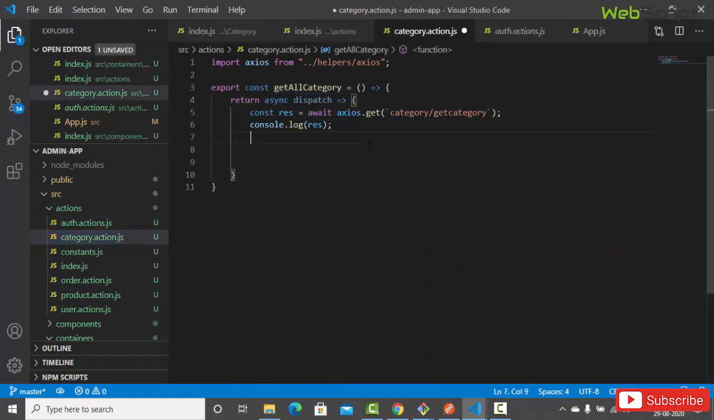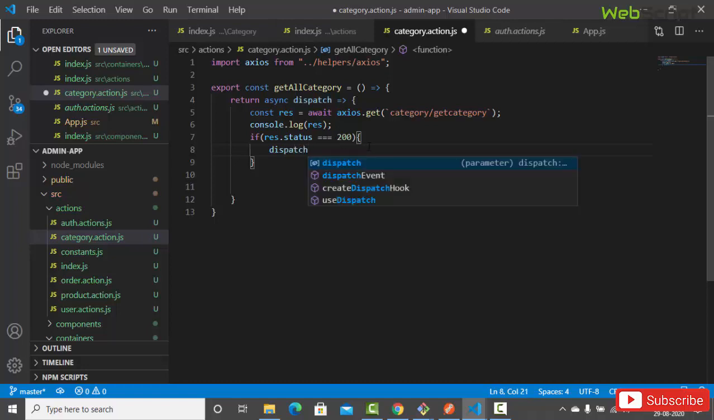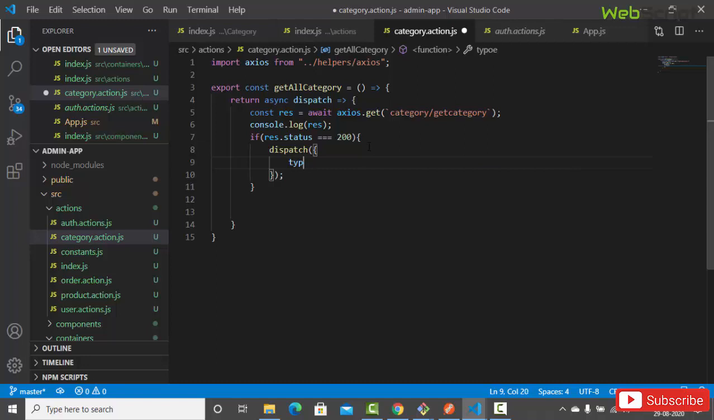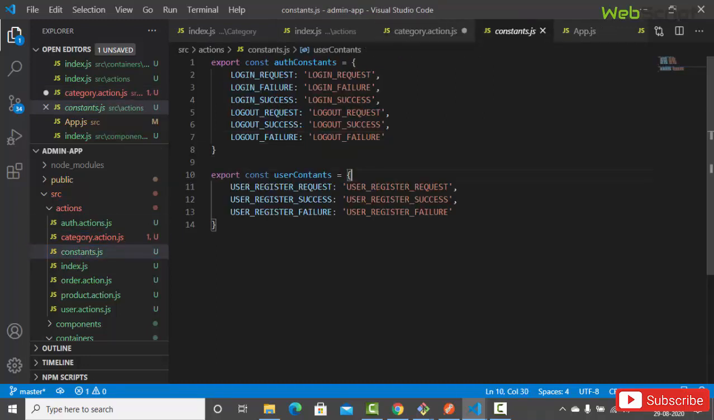Here we have res. We'll check if res.status equals 200. If it is 200, then we'll dispatch a couple of actions, like dispatch with the type. Now let's create constants. Here we have auth constant, user constant. Now let's create export and we'll say